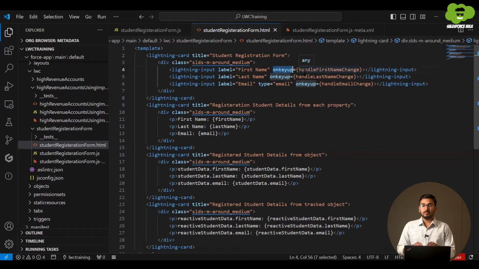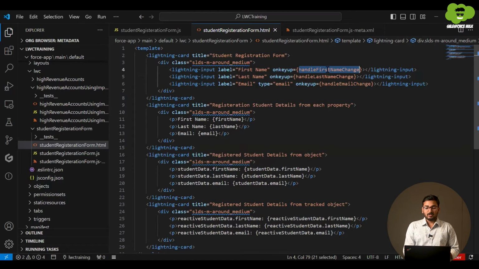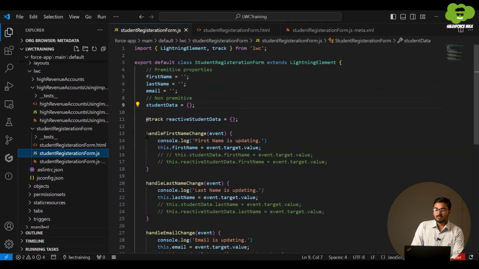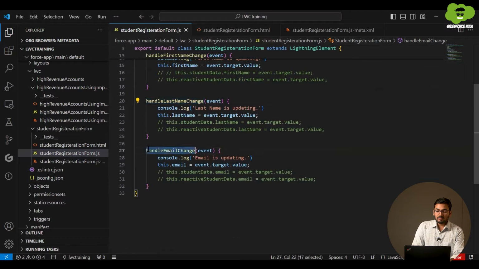Simply, whenever we type into the input box and do a key up on the keyboard, this event gets triggered and calls the handler method, handleFirstNameChange. In the same way, in the other input fields we have defined events and their handlers, and these handler methods are defined in the JavaScript file: handleFirstNameChange, handleLastNameChange, handleEmailChange.